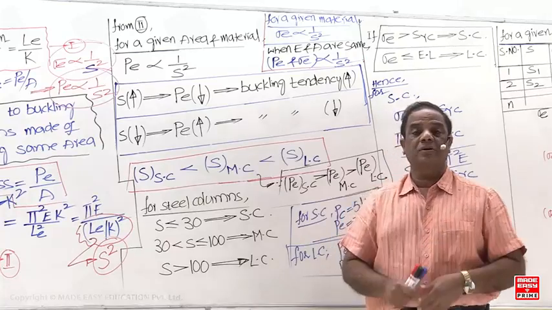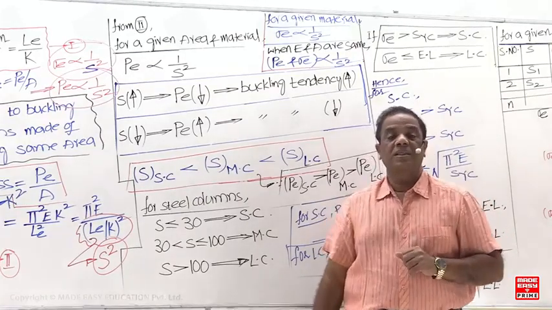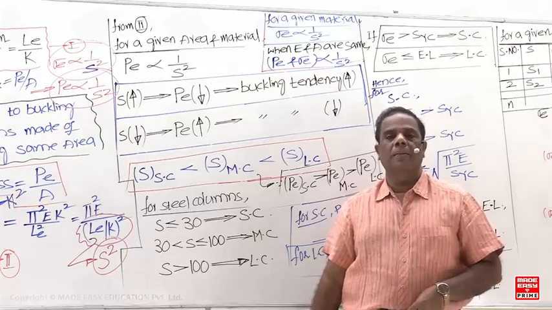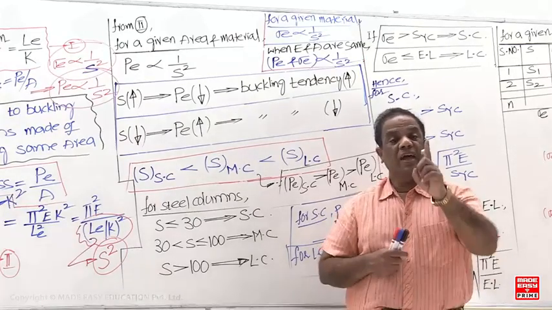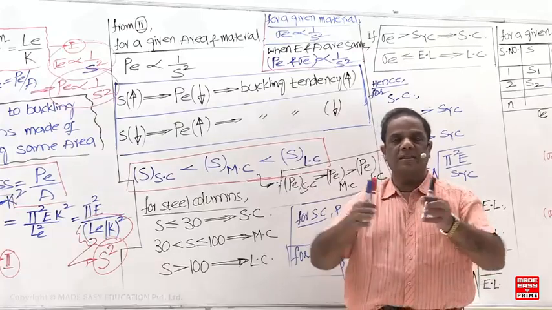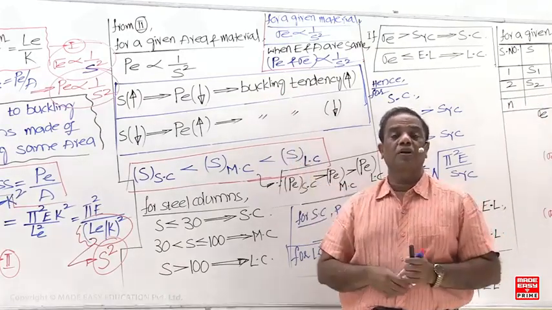It is generally a standard question. How are we going to differentiate the 3 columns that are given to you? Is it a short column, long column, or medium column? Then what is the answer? If they are all made of the same material, as in these are 3 steel columns, is it a short, medium, or long column? What do you have to do now?